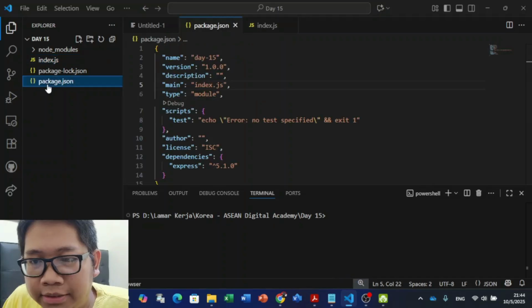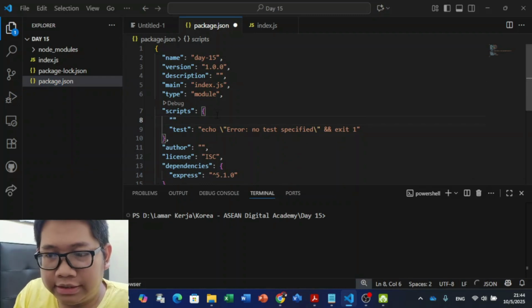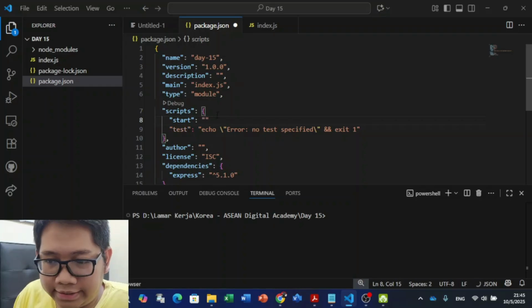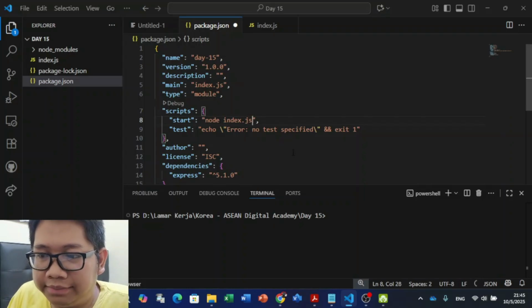We can go back to package.json, and under scripts we can add a start script, and just use node and the name of your JavaScript file.